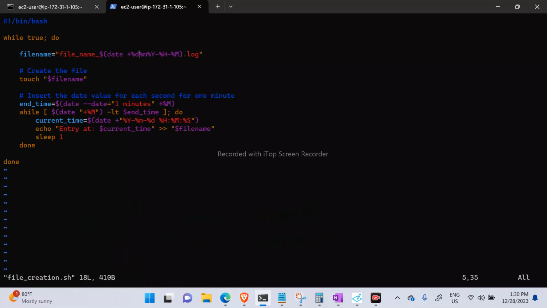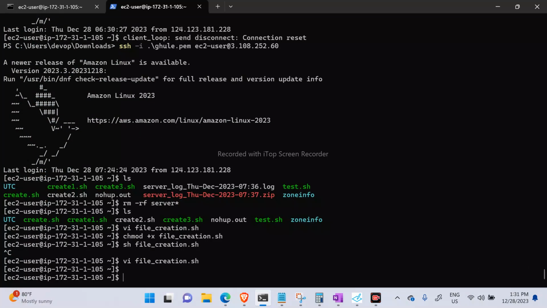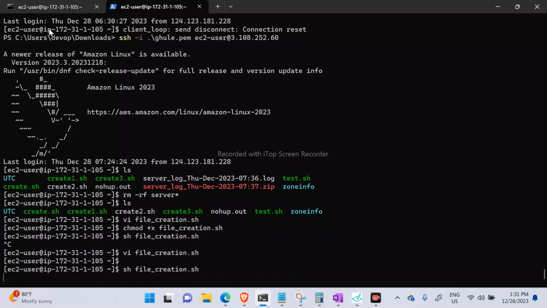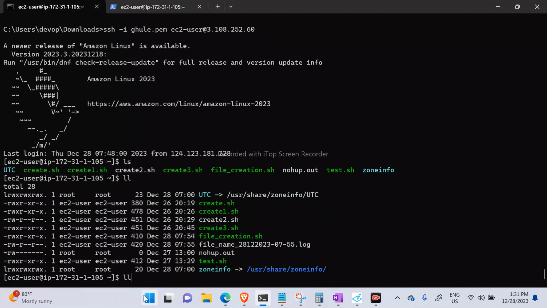I want to print percent p, hyphen, the month abbreviation. Year and month all look good. Now it will give the abbreviation in the file name as well. If I run it, the infinite loop has started because of the while true condition. If you see here,